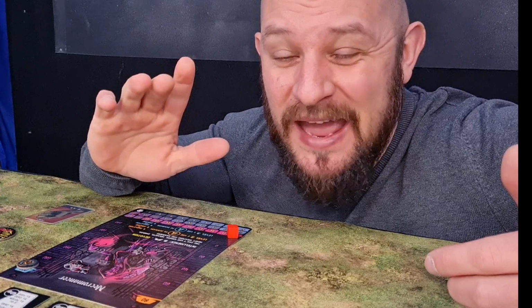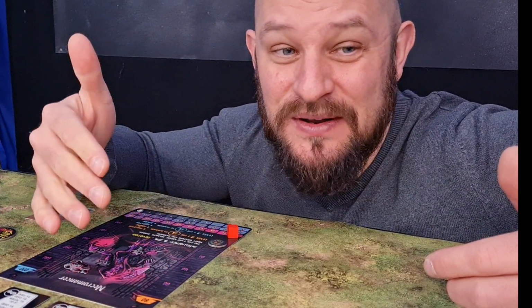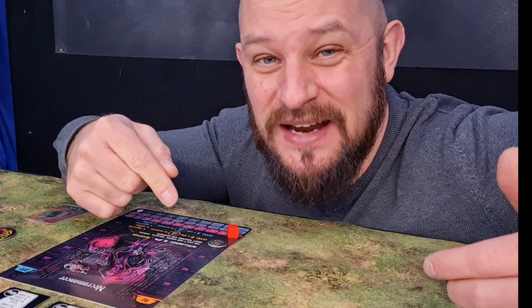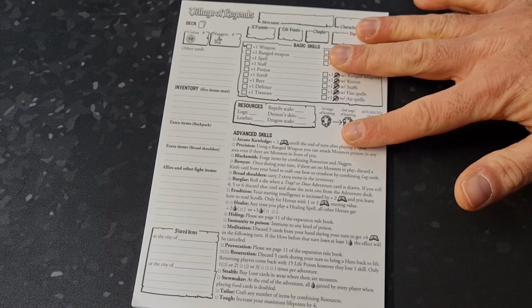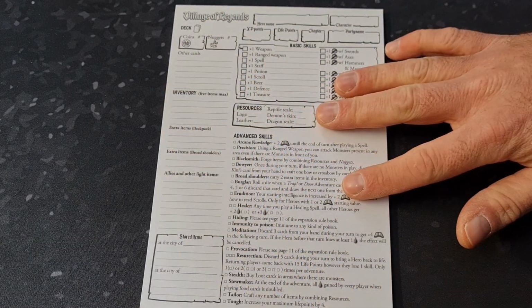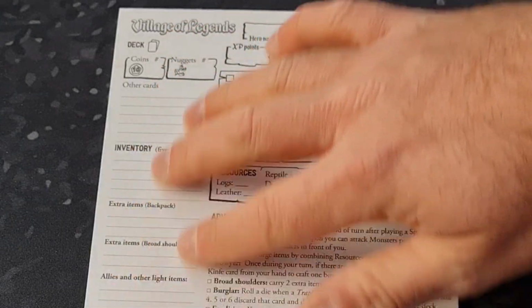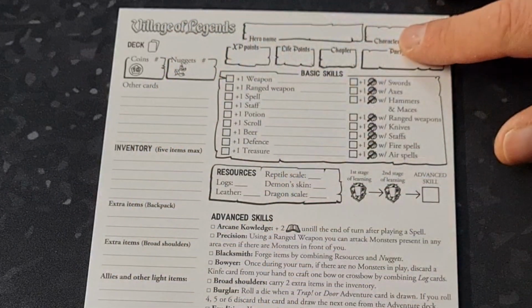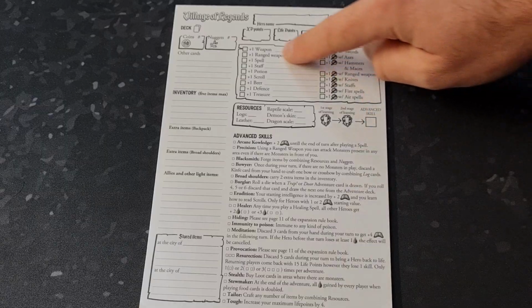But in the Reaper's Hand, you can actually reset this whole experience tracker to upgrade your characters even more by using this, your hero sheet. This is used to keep track of your XP points, life points, and what is in your inventory when you are done with the game for this time, but you can also see that there are a bunch of skills for